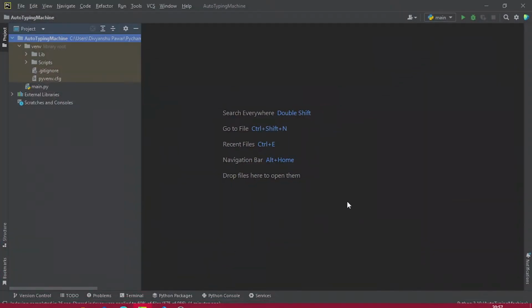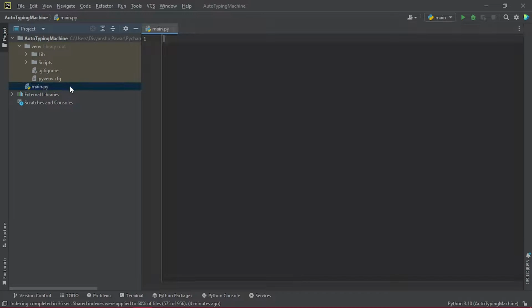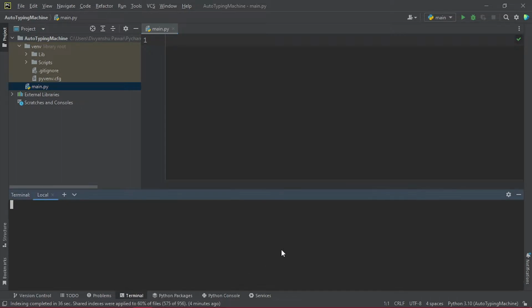So first of all, we will open our PyCharm project. I have already created this project for you to speed things up. I have this main.py file in which we will write our code. First of all, we will need the library called PyAutoGUI. To install that, you can see this terminal tab right here. Just click on it